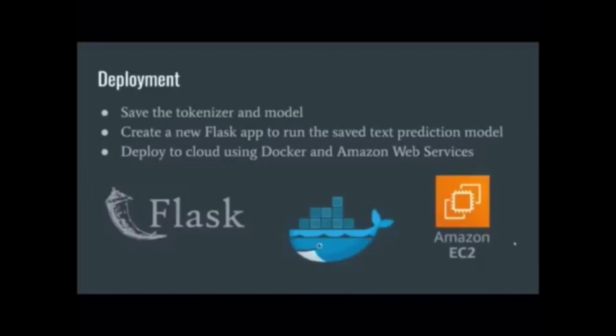As Aaryan mentioned, we deployed all of our models by using Flask and AWS. First, we saved and downloaded the tokenizer and text generation model from Google Colab so that it could be used locally. Then we created a Flask app with an HTML site that allows the model to run locally on a website. The website asks for seed text and the number of words to generate, and once you press submit, it will display that number of words predicted by the model. Here's a demo of this site.